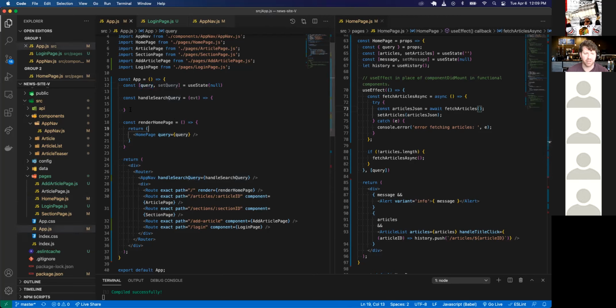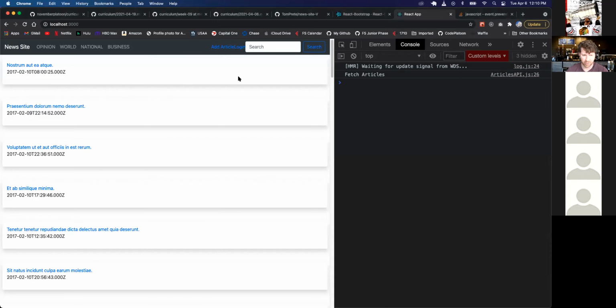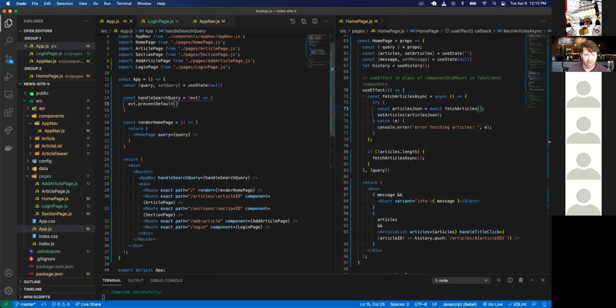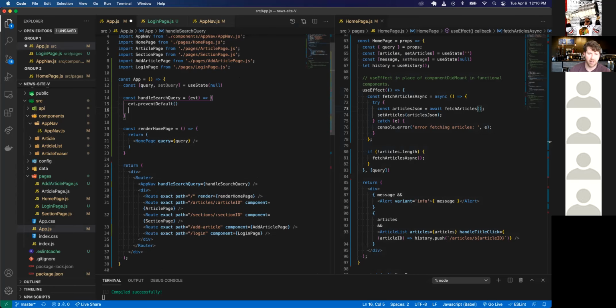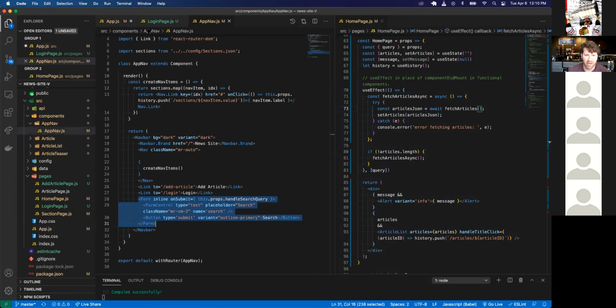So what we need to do is create a handleSearchQuery function that takes in an event, just like we do normally when we create a handle form submit. We want event.preventDefault, so we don't want that form to automatically refresh the page. When you click search here, we don't want it to refresh. And then we want to extract the AppNav value